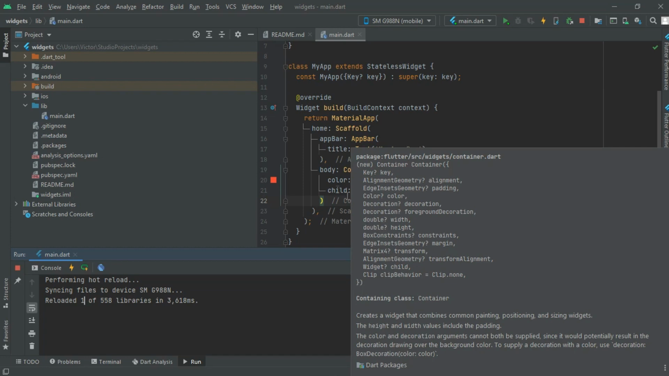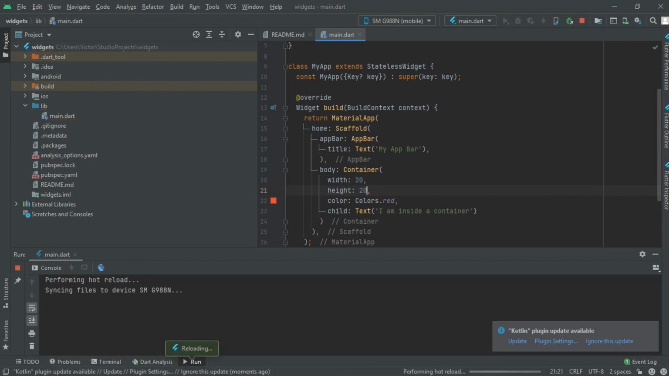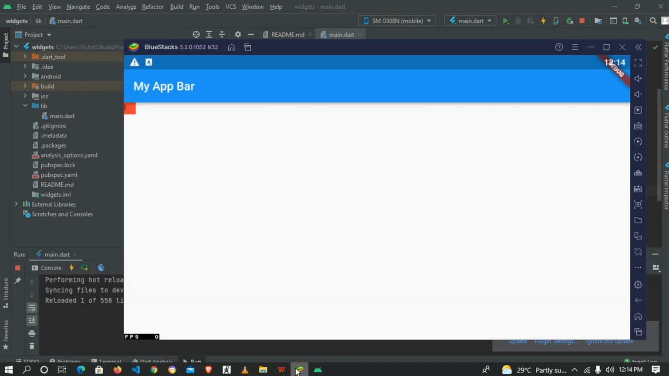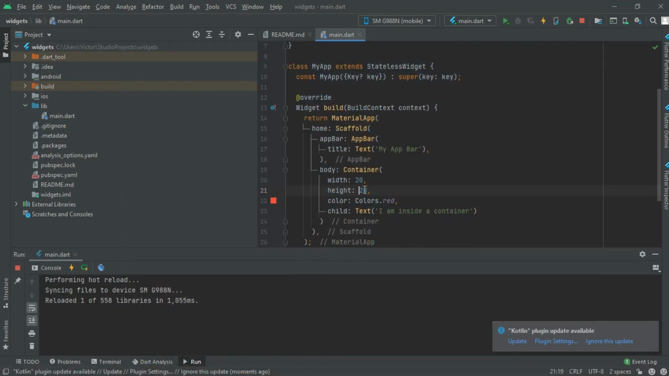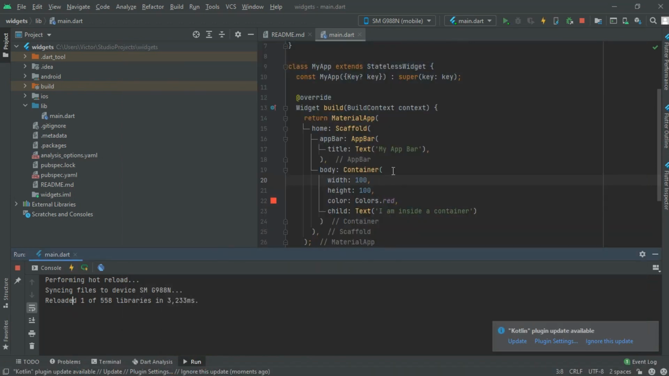So let's change the width and the height. Let's come here, width, and let's say 20, and then height, let's also give it 20. And if we save this and check our file, it looks small, so let's increase it. Let's say something like 100 and 100. Save this and check. Yeah, this is the container. It's just everything about the container, but let's check our padding and